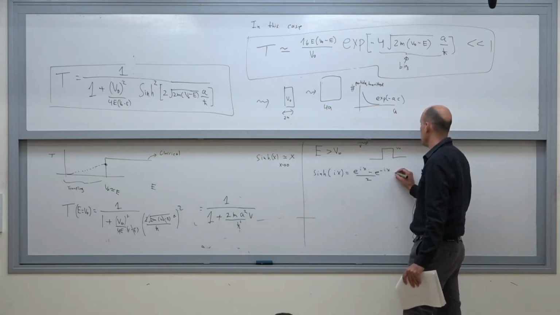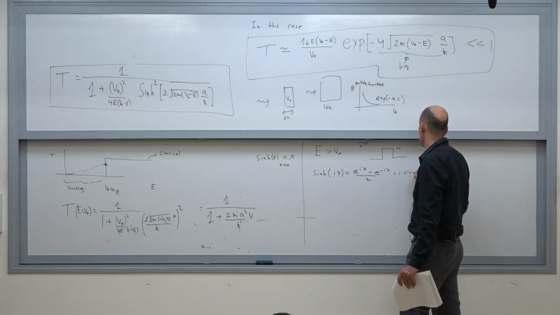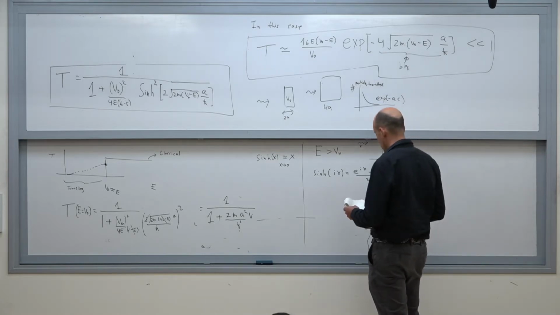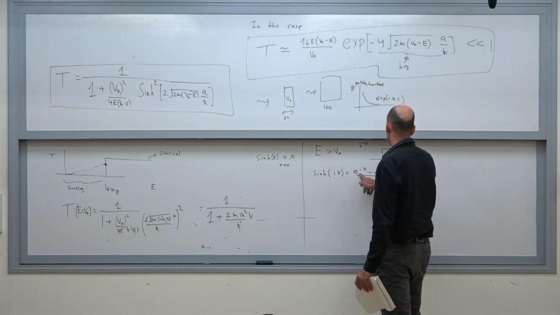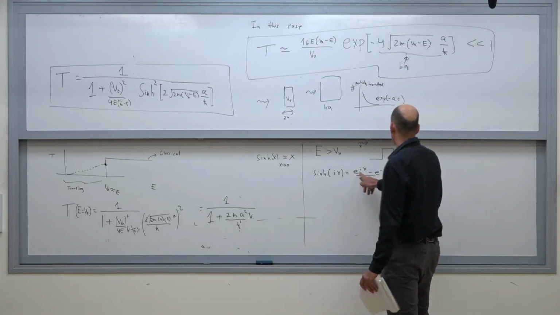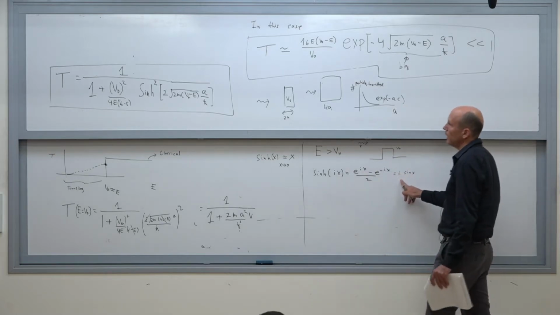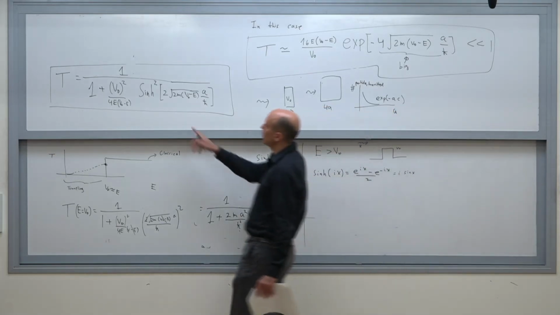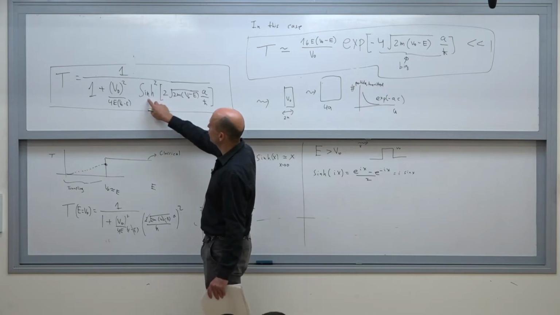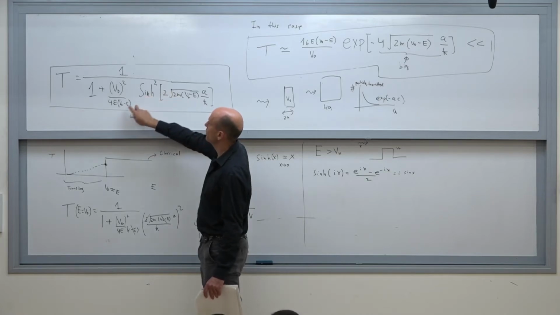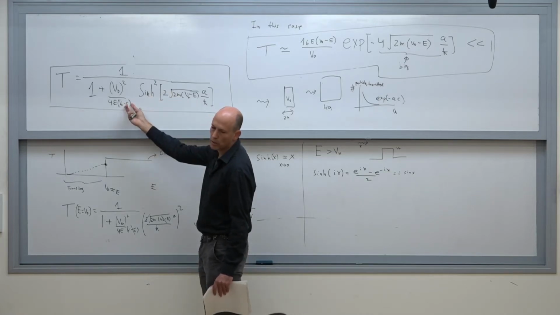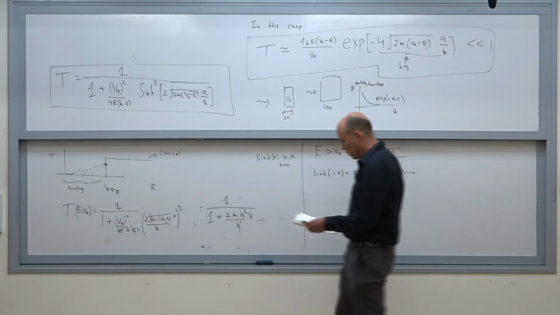And what is this guy? This is i sine x. Yes? So you get this i, and when you take the minus, the i squared will be minus, but then you're going to switch these two guys. And then if I do all that,